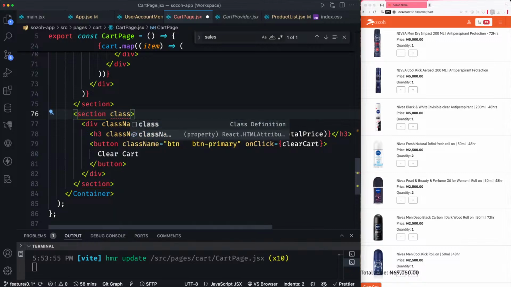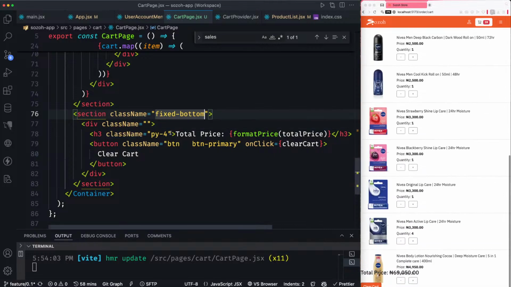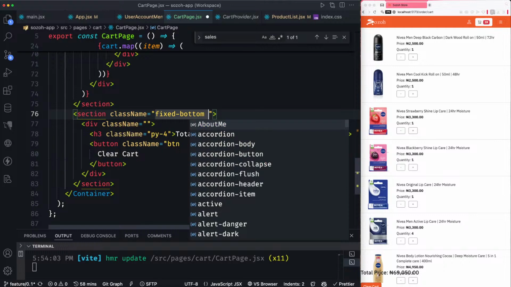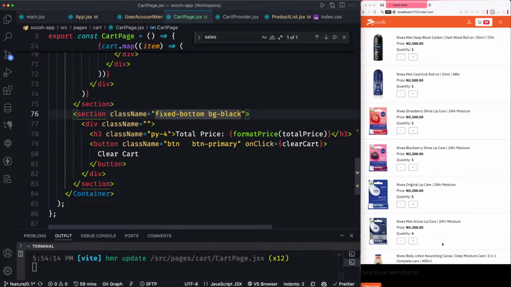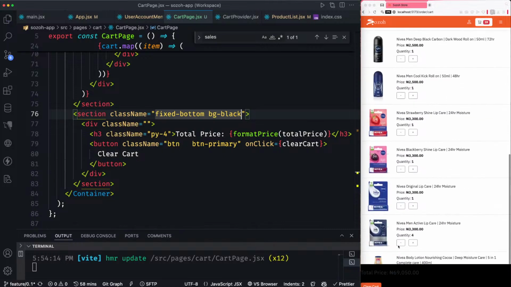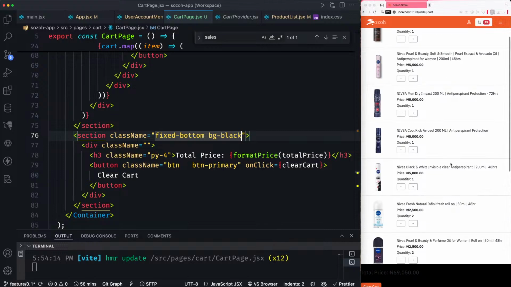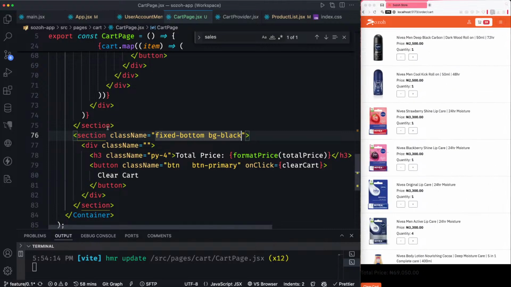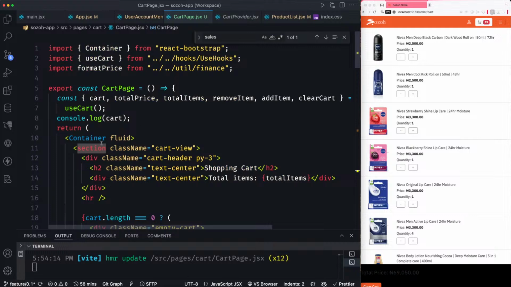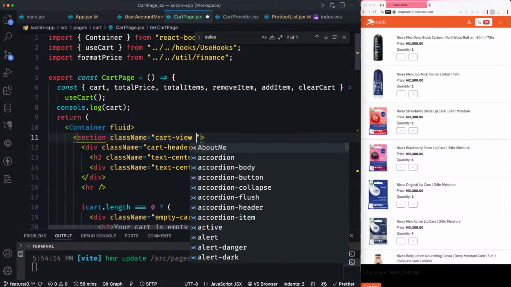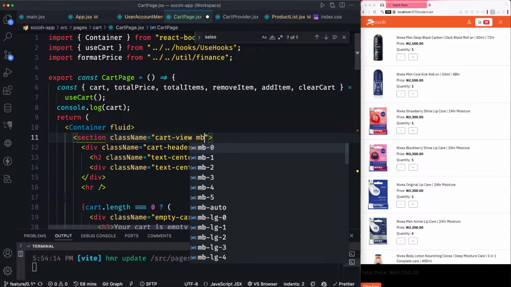I don't know if I styled anything called this section. Okay, so I want it to have its own background. Let's see what black would do. For now, let's play with black so that we can see what's going on. But the issue with this is that you can't scroll and see the last item. You can do that by increasing this part here to say, I think padding bottom